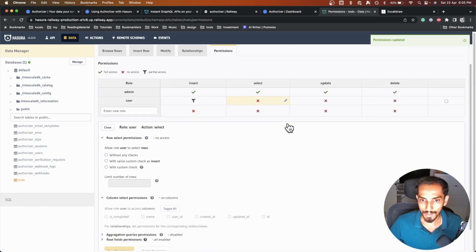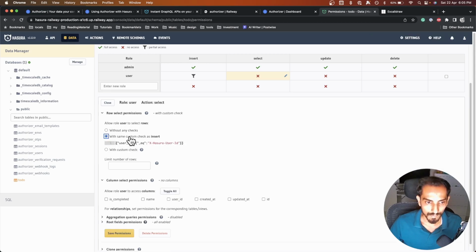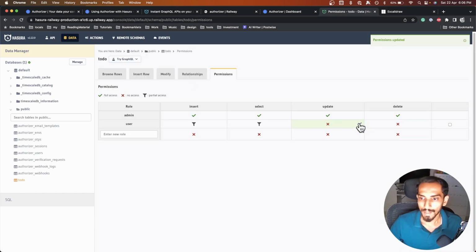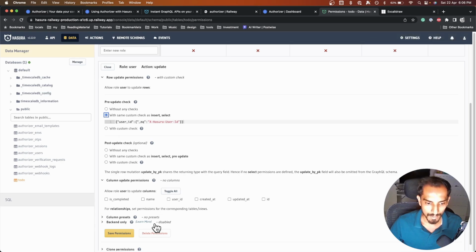Next, they can only select with, let's keep it the same as insert, because your user ID should match as X Hasura user ID, and then only you can access all these fields. Okay, and same thing goes for update. We will have same check. Okay,